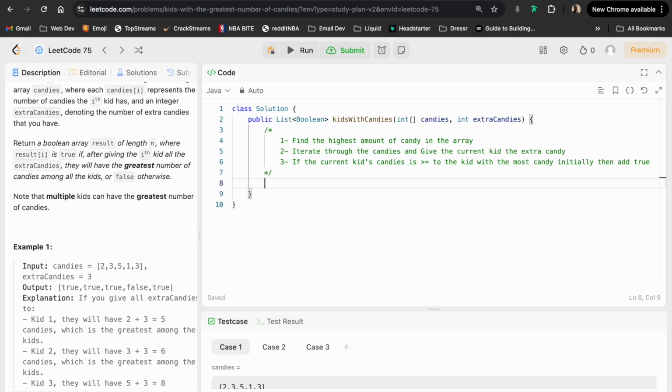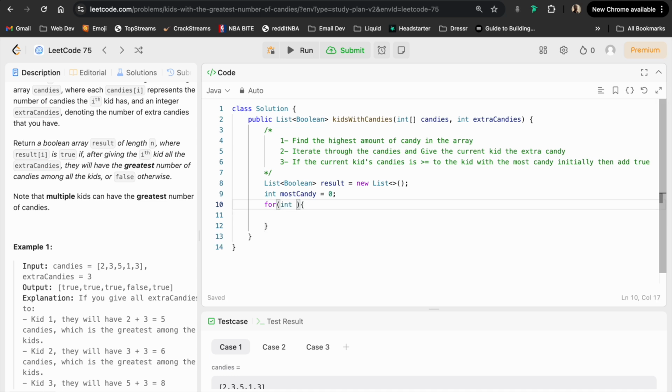So list boolean, and from here we'll call it result is equal to a new list, and from here the first thing is to actually find the kid with the most amount of candy. Most candy is equal to 0,